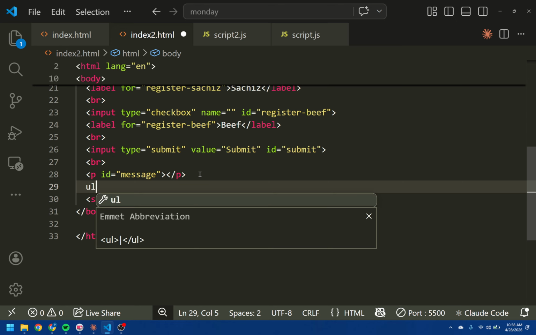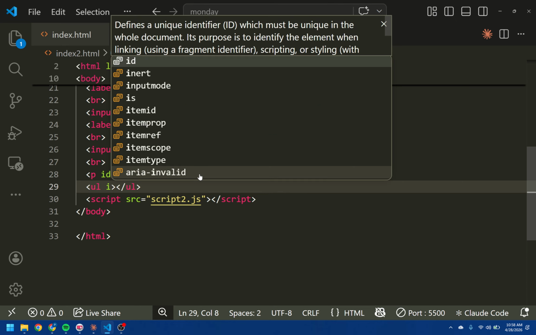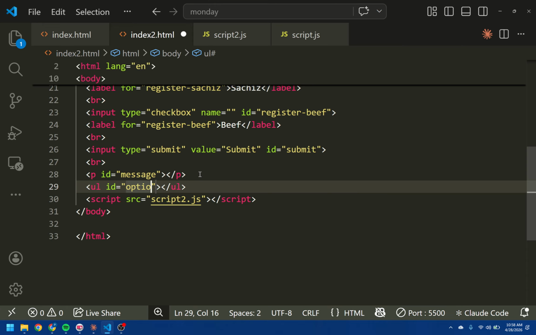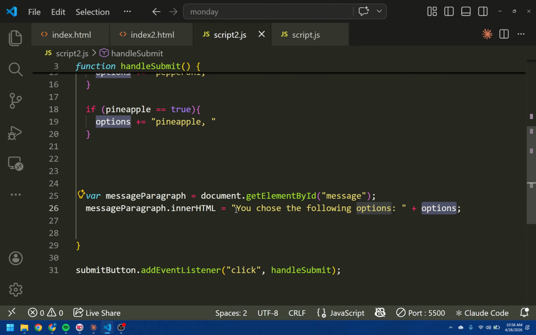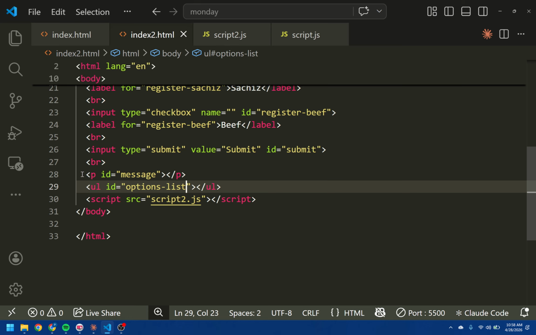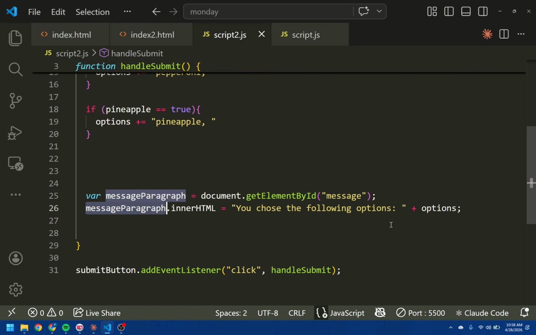So in addition to my p tag, I need to put an unordered list here. So I'm going to put a UL here, and I'll give it an ID of options list. All right? So it's an empty UL. I'm going to programmatically put some data right here. So I'm still going to specify the message, you chose the following options. I'll still put that in the message paragraph, which is here. But I'm going to put actual options in the UL. So I'll take this out,